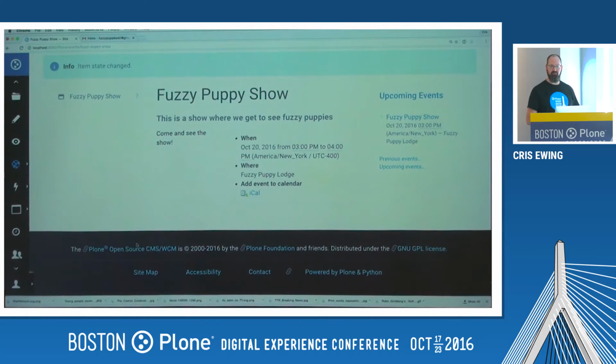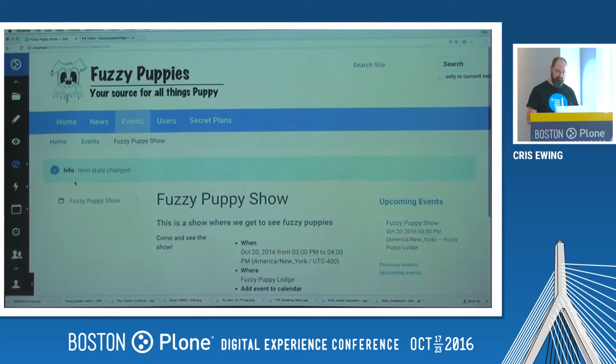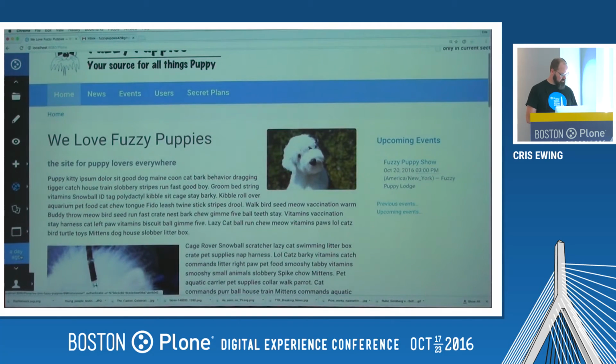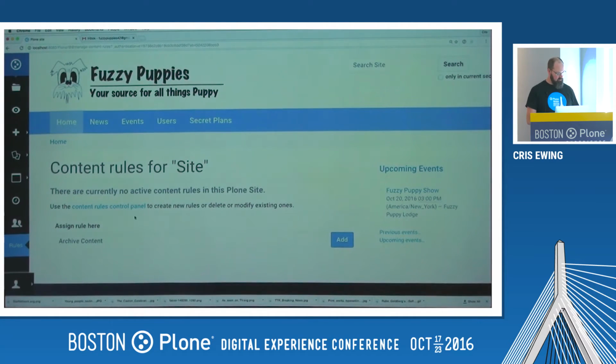You notice it didn't move, right? The reason it didn't move is because although I have created this content rule, I have not applied the content rule somewhere. It is active, but I must tell Plone where this content rule should take place. So I will go back to my home folder, and I will come down here to the rules button in our interface, and we will say we would like to have the archive content rule be active at the root